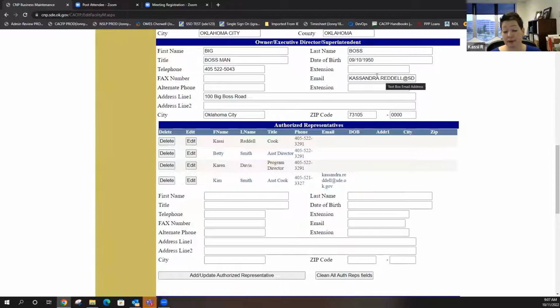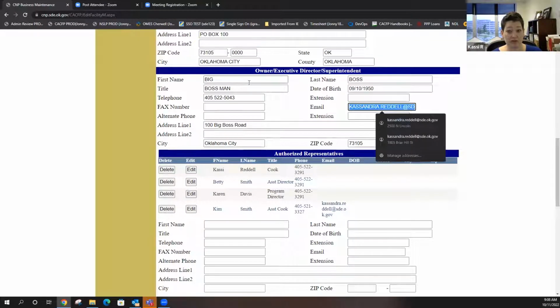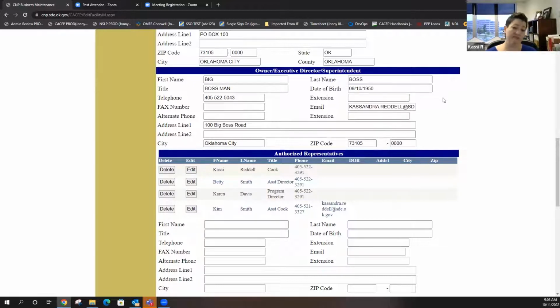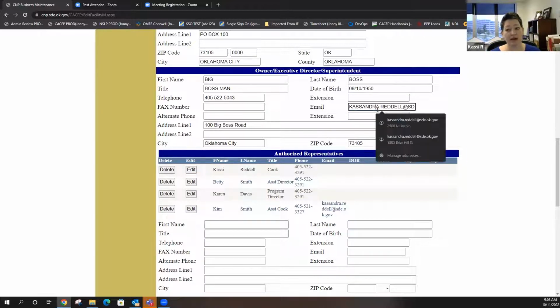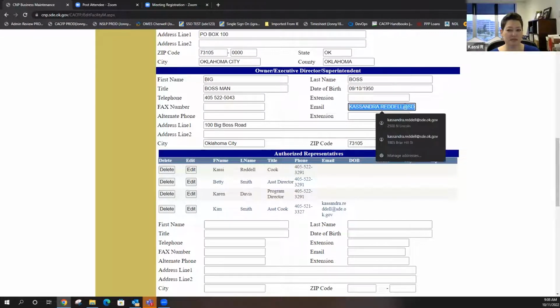Right now, most of you have probably experienced this. Our emails, when we send mass emails, it goes to this email address right here. Or if the person has a user account, they also get that email. The best example I can say of when we would let this be a different email than for the person that's listed here would be like a superintendent. Superintendents normally will get our information, we'll just pass it along to their food person, right? So if you want to have the address listed here for the person who needs the emails, as long as we have the main head honcho person's name and birth date and their title, we're good. We can put whatever address is listed here.